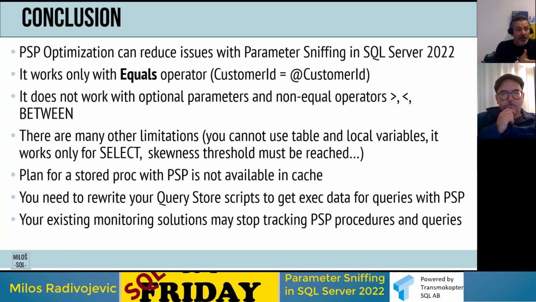But when the plan is in cache, it won't consider anything. So far as the plan is in cache, it will not touch anything. And basically next time when the plan is removed from cache, the entire process starts, and PSP is a part of it. So then PSP will recognize, you are skewed enough for my feature, and then I will go with this feature. Because I'm just guessing that if it's skewed enough, there's a threshold where